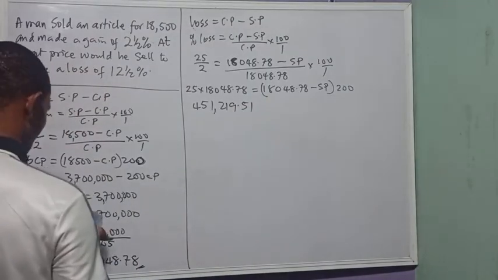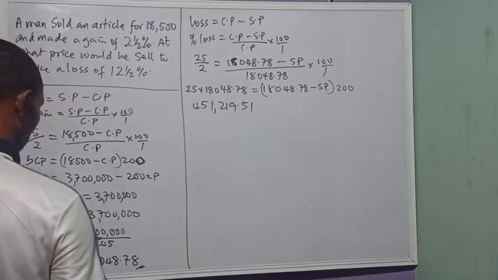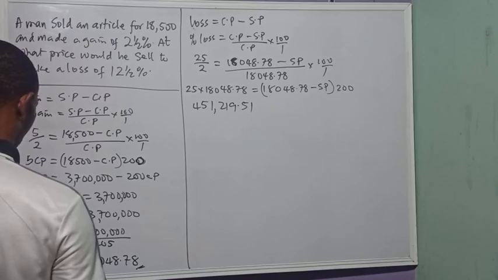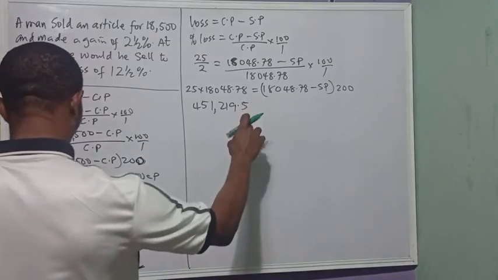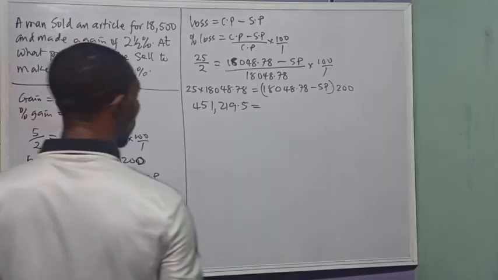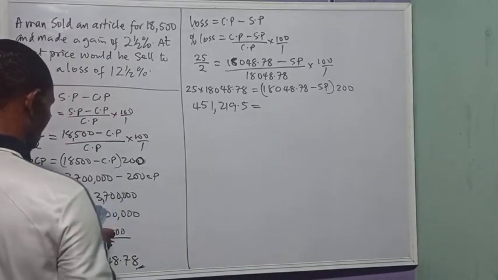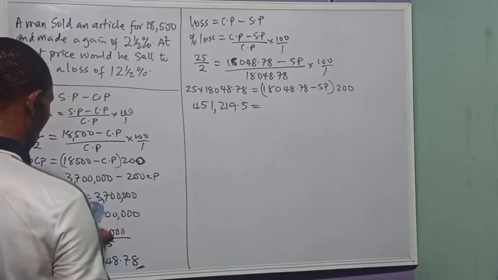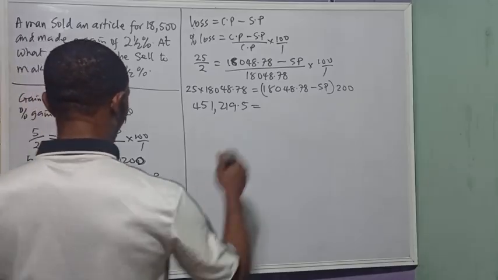That is 18048.78 times 5 times 25, 0.5 equals, okay, this is times 200. That gives us